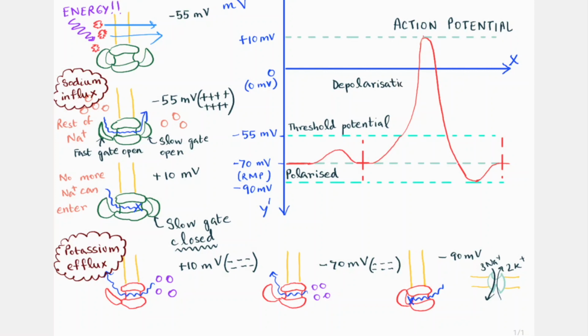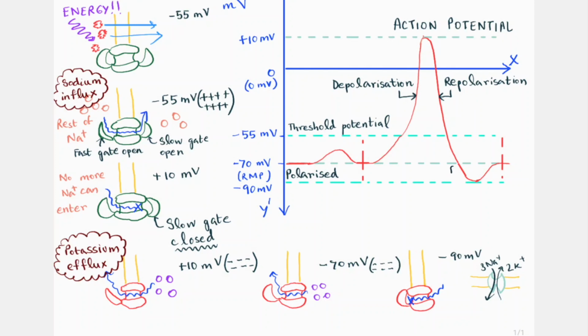Depolarization means losing its polarization. And this step right here is called repolarization. The descending part of the graph of the sketch is called repolarization. Can you tell me why that is? Because it went to 0, it went to plus 10, it got depolarized. Now it's going back to minus 70, it's going to minus 90 in fact. It's going back to that value, isn't it? So it's getting polarized again. So that's why this is known as repolarization.